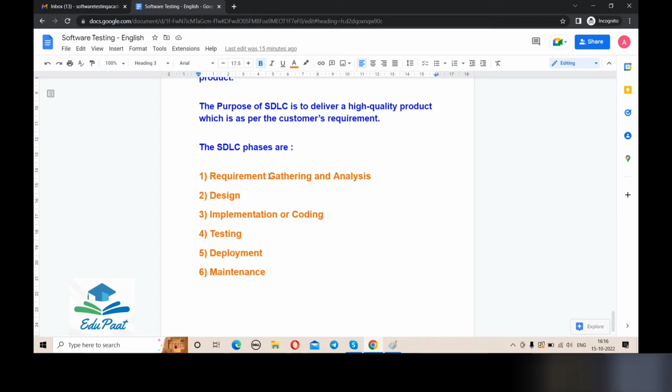Now, the fourth point is coming, that is testing. What will be done in this phase? Testing means when the coding part is done and the developer has developed their product, then obviously, first of all, the developer will do some unit testing on that software. When the unit testing is done from the developer end, then the developer will hand over the product or the software to the testing team. Then the tester will test the